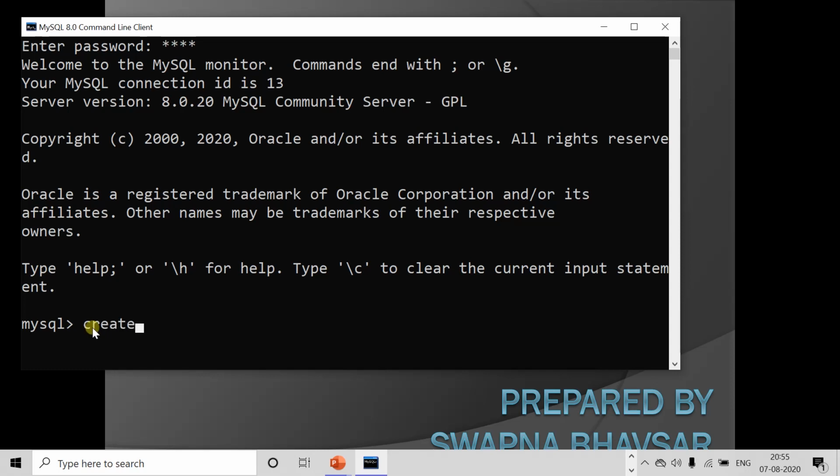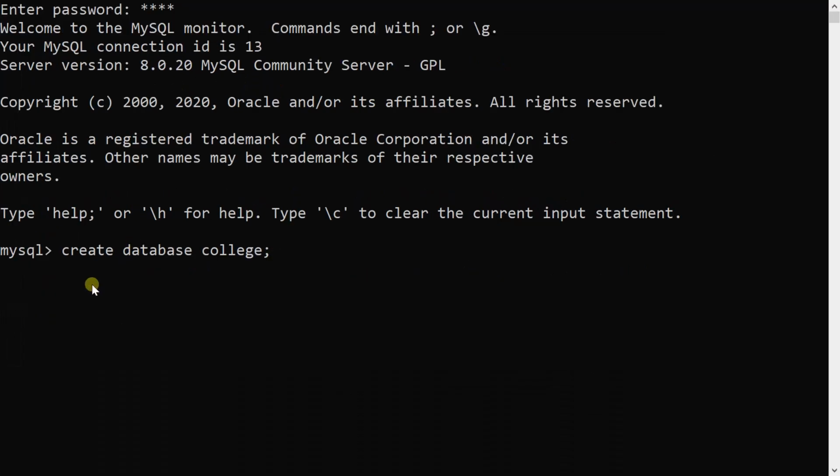So I will tell you how to create a database. The simple statement to be executed to create a database is create database and the name of the database. If I want to create a college database, I will write the command like this: create database college. In SQL, each and every command ends with a semicolon. Without the semicolon, we cannot execute queries. So, query OK. A query is nothing but a command which is used to retrieve information from the database. So this is my one query in which I am creating the college database.